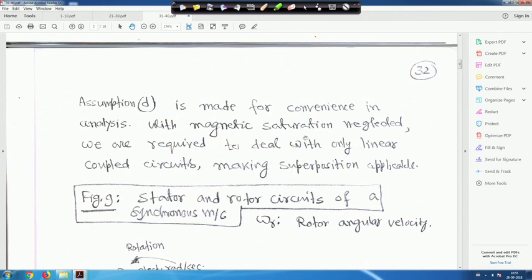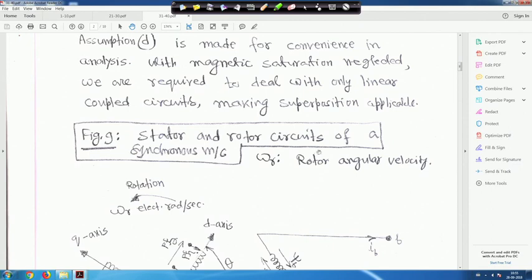Making superposition applicable. For research purposes, you have to consider everything, all non-linearities, right? But for classroom studies, we will only consider linear coupled circuit analysis, that kind of thing. So now this is the stator and rotor circuit of a synchronous machine,